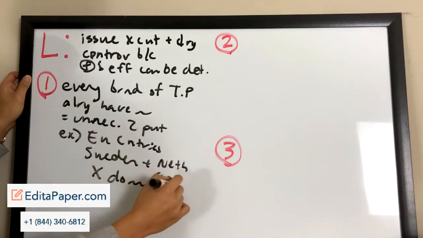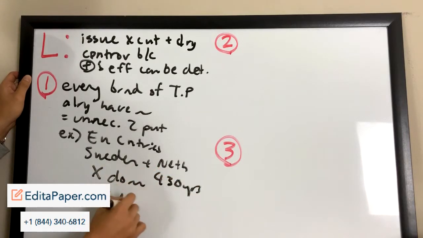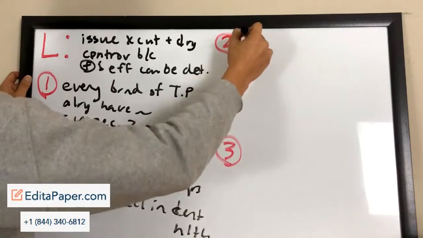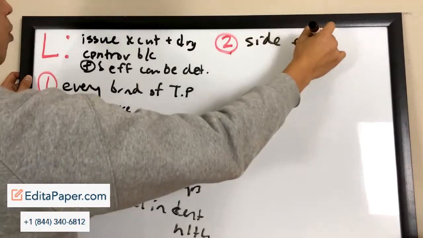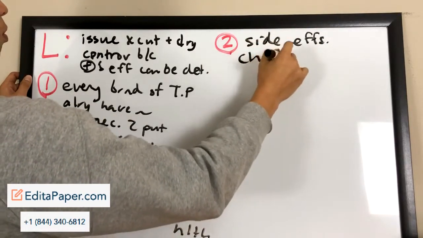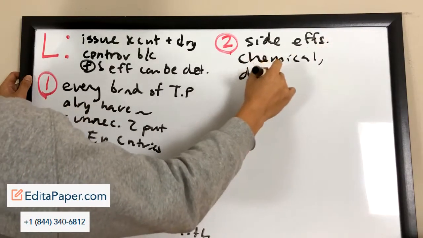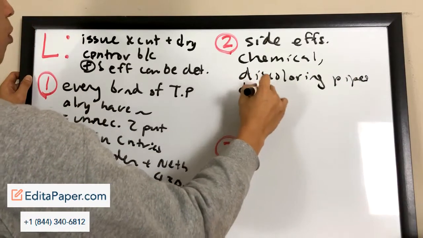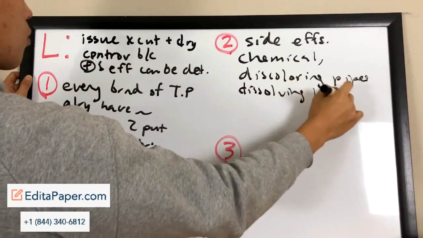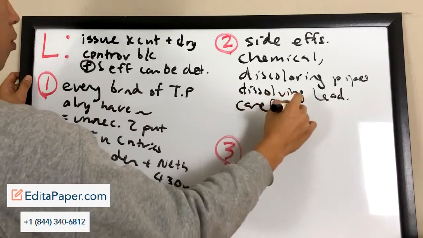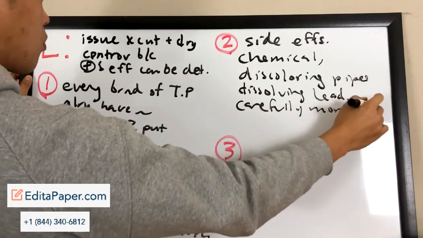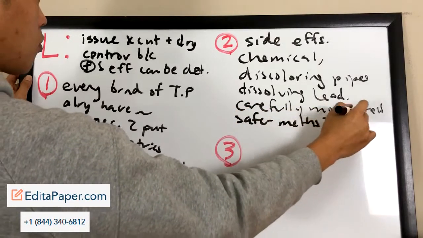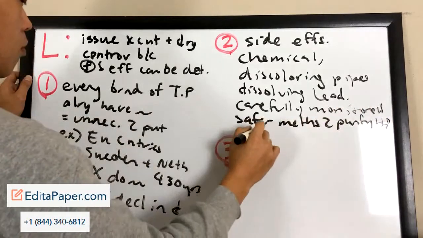health. While fluoride does purify water, it can still lead to harmful side effects if taken in large amounts, since it's a toxic chemical. It has also been noted for discoloring water pipes, and even, get this, dissolving lead, another toxic chemical element, out of the pipes. So, it must be carefully monitored if introduced to the water supply. Actually, there are other safer methods of water purification, such as filtration, the adding of chlorine, and using ultraviolet light. And high levels of fluoride may cause cancer in some people.